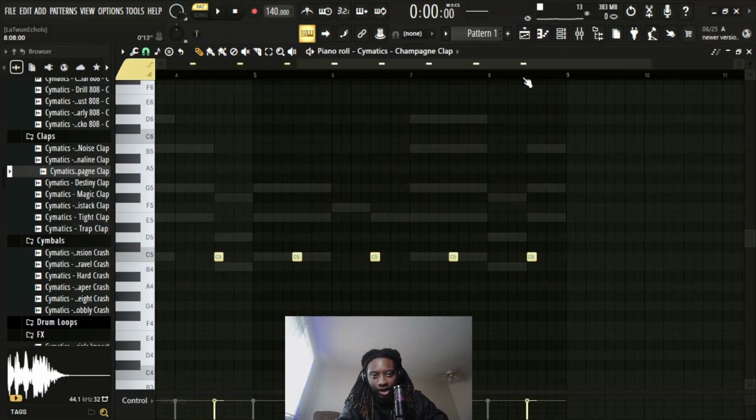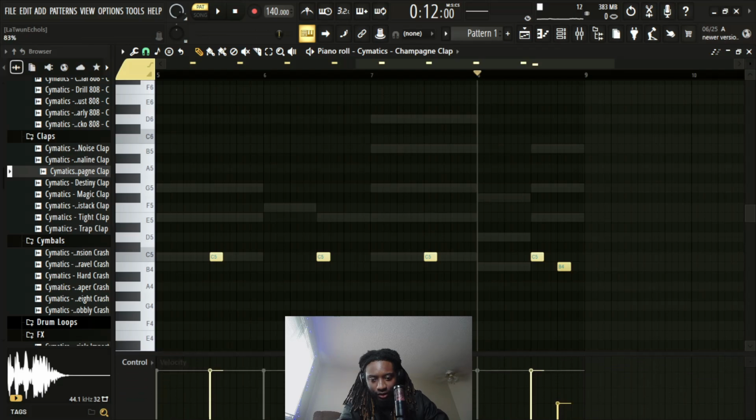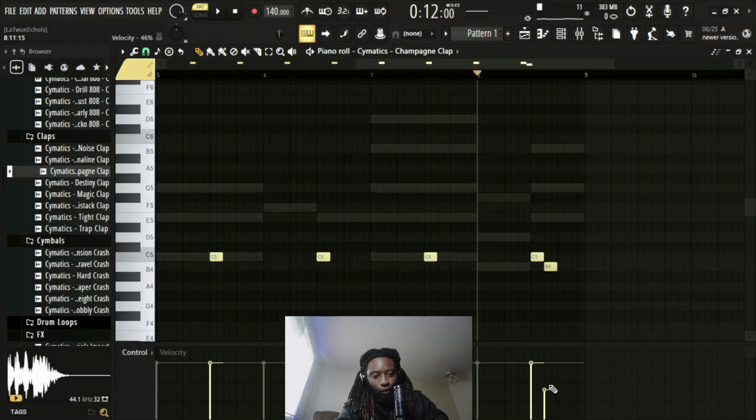And then I'm going to add a ghost clap, what I call it. So you want to go on the bottom here. There's a control tab for the velocity, and then you can just bring that down and it'll sound way quieter